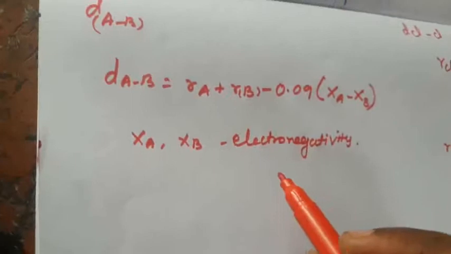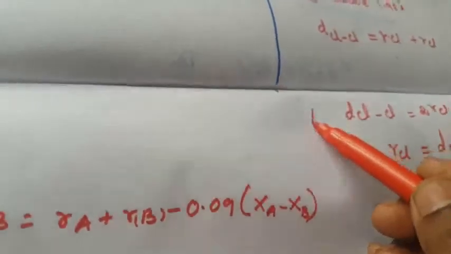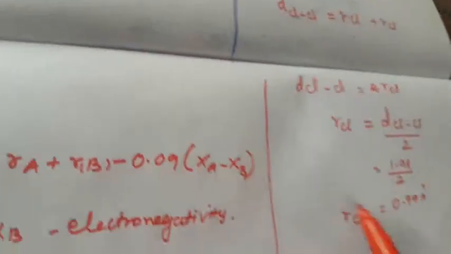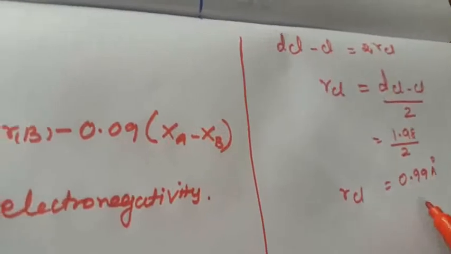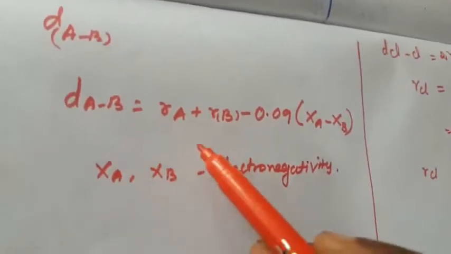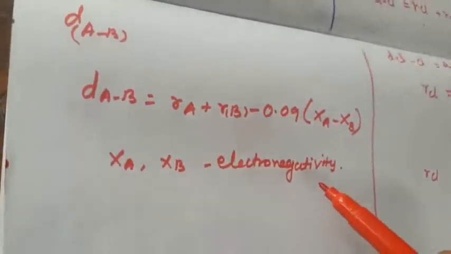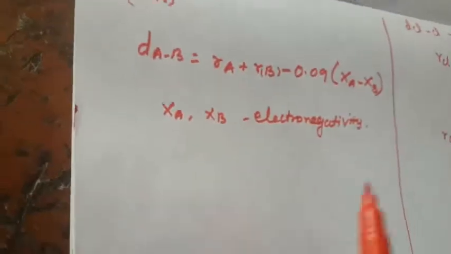Electronegativity. And this is another calculation. Suppose these are two identical atoms; from the internuclear distance of the two we can calculate the radius like this. But here it is a heteronuclear case, two different atoms, and we can calculate like this. So this is the internuclear distance. Next we are going to see the metallic radius.